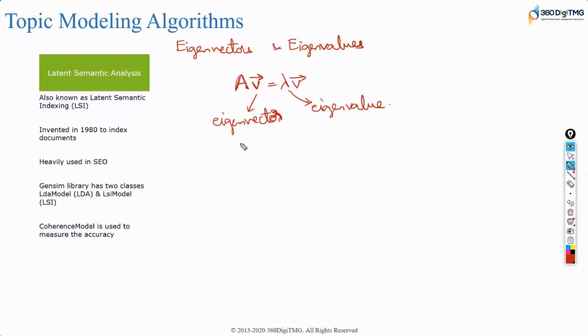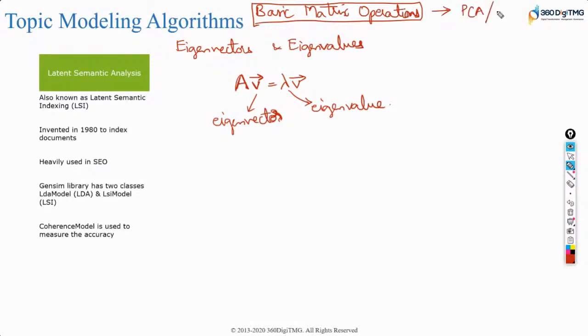We are just discussing basic matrix operations. Hey, why do you need this? It is like asking why you need to learn alphabets. You learn alphabets in English to move to the next class and learn about words. So basic matrix operations help you in understanding various concepts, including dimension reduction techniques such as PCA and SVD.